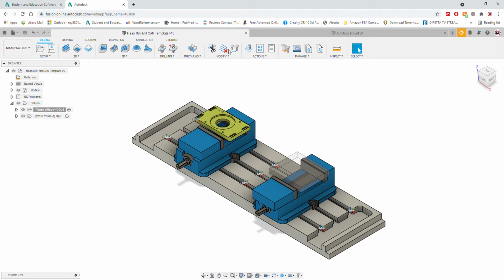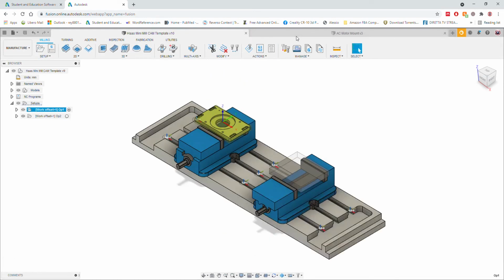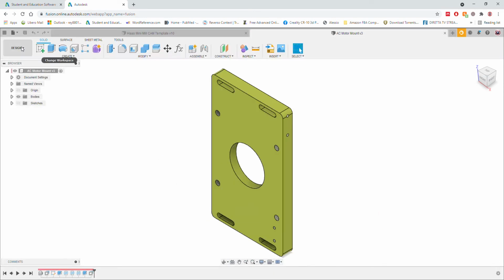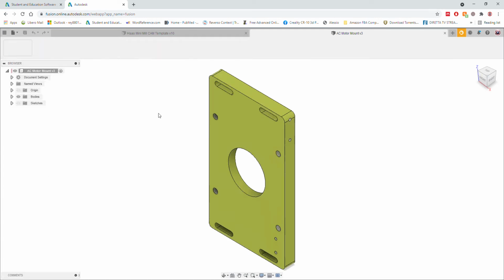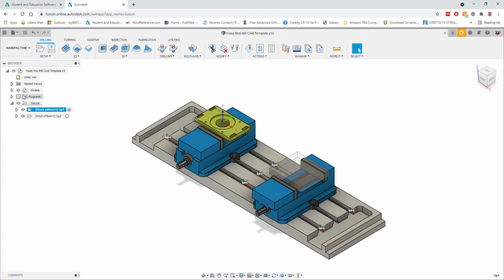So just to refresh your mind, why did we decide to use a CAM template? In the normal model, when you switch to the manufacturing workspace you don't find anything, so you have to create all the environment and all the variables, which is not really handy. While in the template you will already find NC programs, where they basically include all the presetting for the post-process and which operation you want to